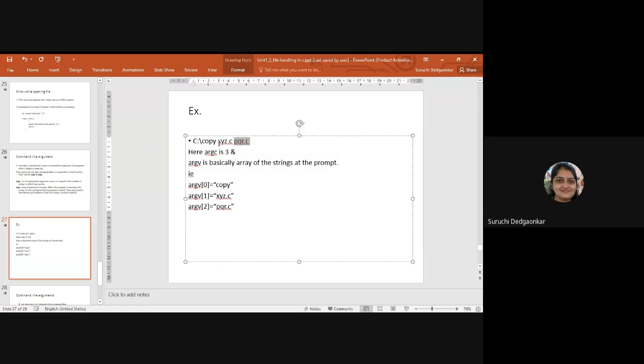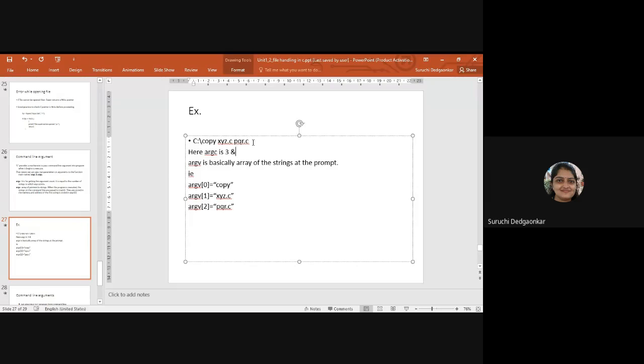So actually ARGC will be initialized to 3 because this copy will also be considered as a command line argument. So this is ARGV of 0, this is ARGV of 1, and this is ARGV of 2.